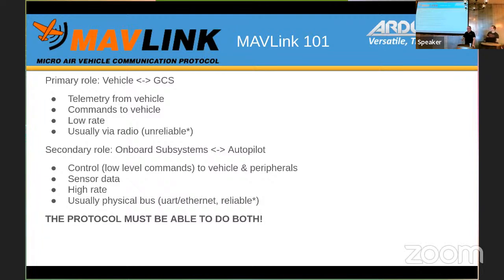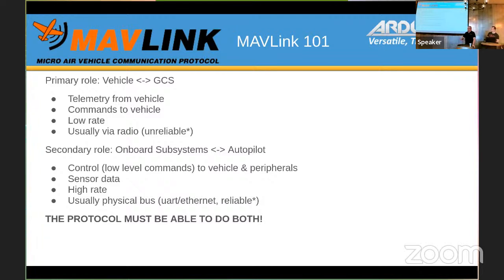So the one thing that MAVLink does, that only MAVLink does, is provide your telemetry stream to the ground station. That's a bidirectional link, but the nature of each direction is fundamentally different. The vehicle is basically just advising your ground station of state, relatively low rate updates of what the vehicle is doing and what it knows about itself. In the other direction, coming up from the ground station, you're primarily giving commands or updating a mission, that type of thing.